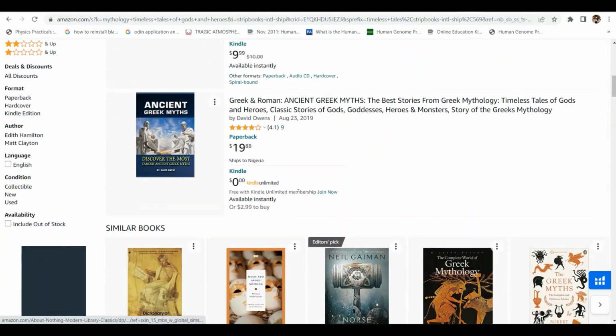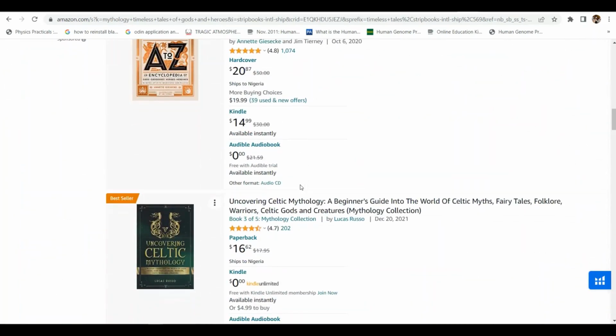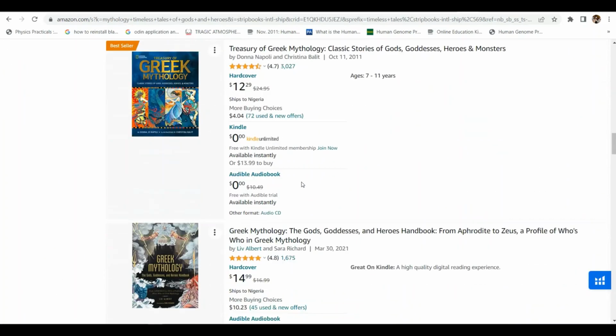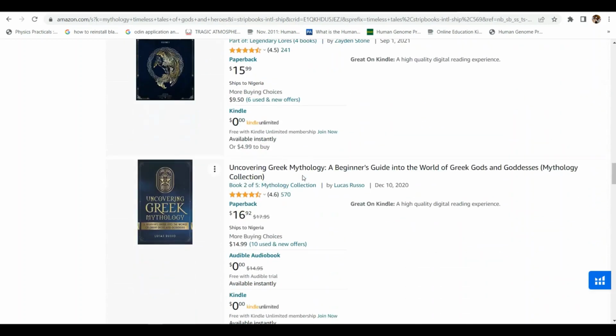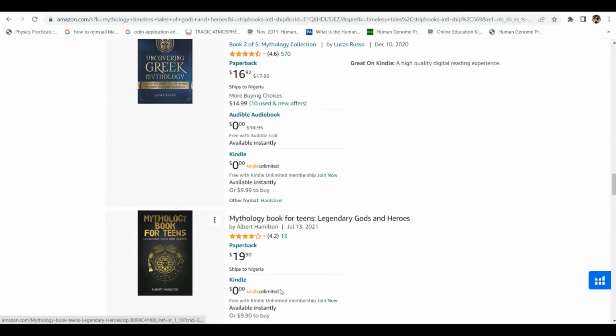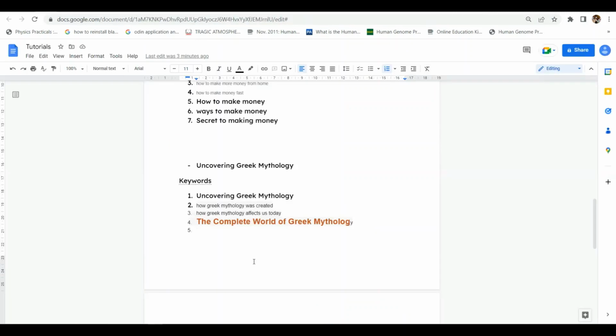It has low competition, as you can see, 268 results, and it has high demand. The books here are kind of doing okay. You can see all of them have ratings on this page. So I'm just going to type that in now. We're going to add it quickly to the list of our keywords. So the sixth keyword,